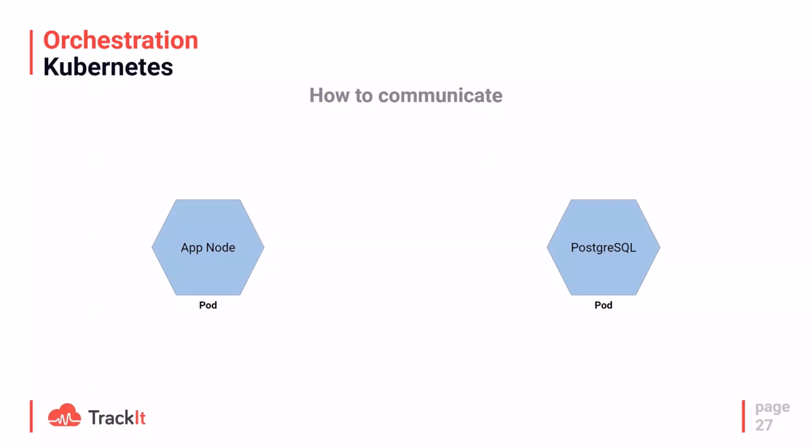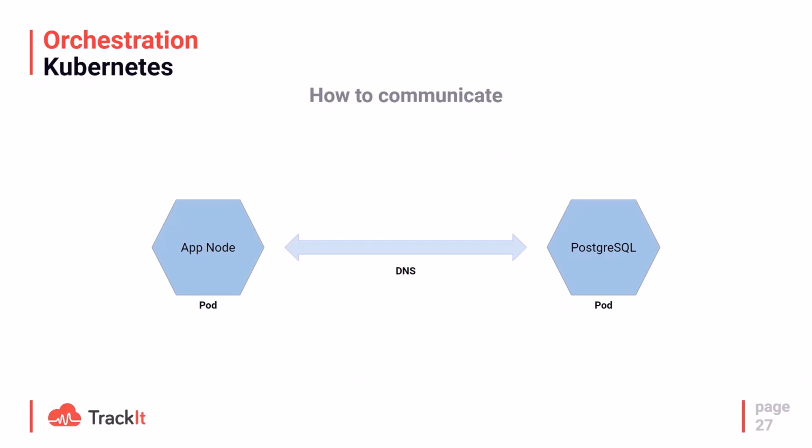So we could set in the configuration of our node application, when it wants to connect to the Postgres database, to use the pod name. Since it's random, we can give it as configuration. The major drawback, I think you see it, is that each time we redeploy the Postgres database, we will need to redeploy the node application too, because the name of the pod will change. So that's not ideal.